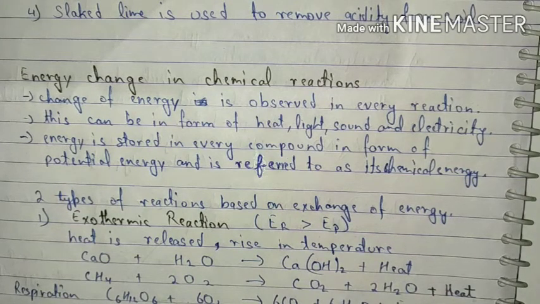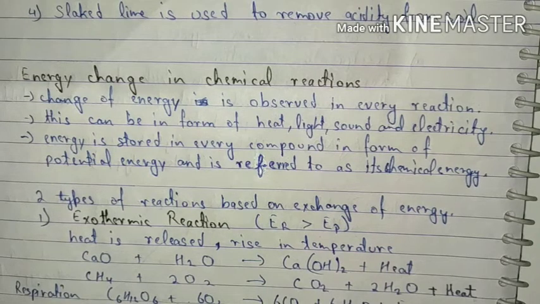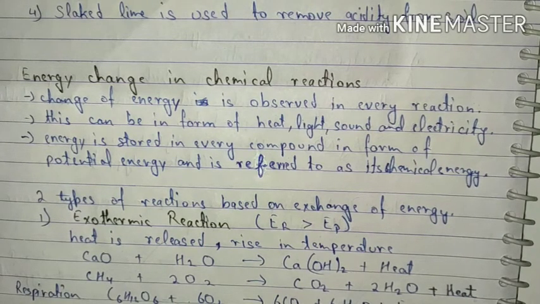Now, whenever any compound undergoes a reaction, what happens over there? The first and foremost thing is that it should be provided with adequate energy to break the bonds which exist over there, and then only it can undergo a chemical reaction in order to form new bonds. So one thing is certain over here, and that is there will always be a change in energy whenever any chemical reaction occurs. Now this change in energy can be in the form of heat, light, sound or